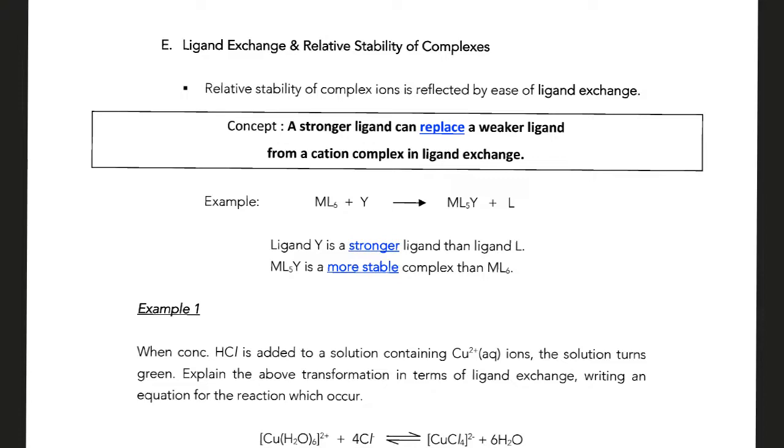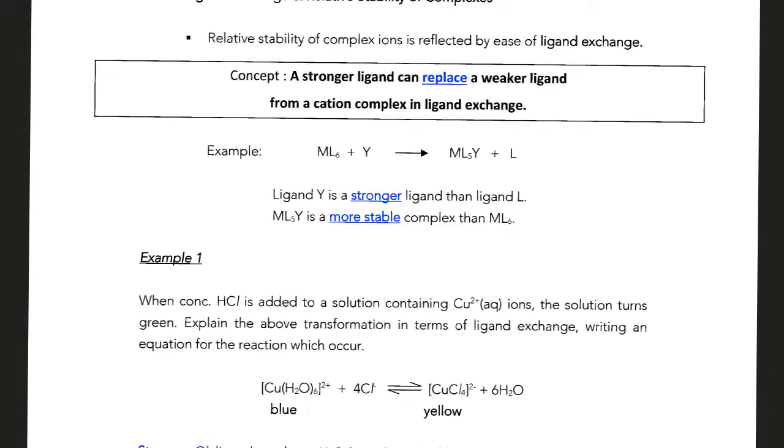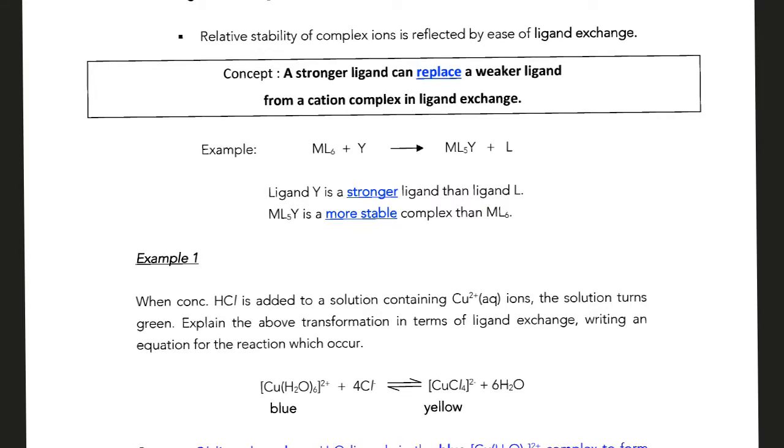For example, in this case, when you add conc. HCl to your copper ions, aqueous copper ions are blue. By the way, when we write aqueous here, just like in your periodic table, we mean that there are usually 6 water molecules surrounding my copper 2+ ion, which means that this is an octahedral complex. So as you can see, the question tells you that as you add conc. HCl, you